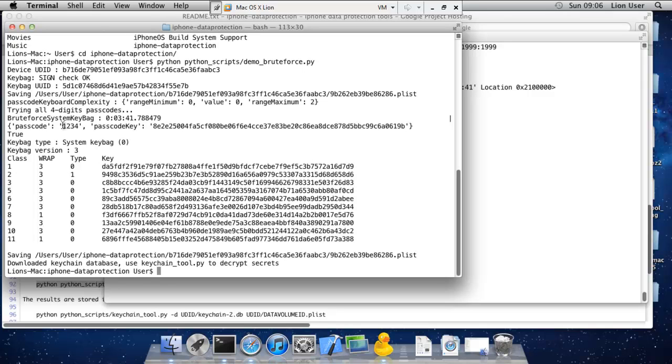You can see that it successfully brute forced the passcode. The passcode is 1234.